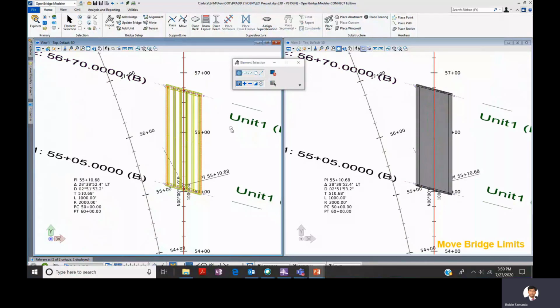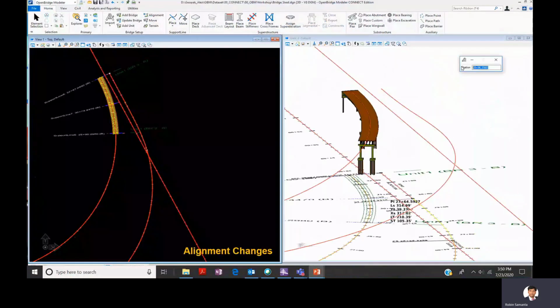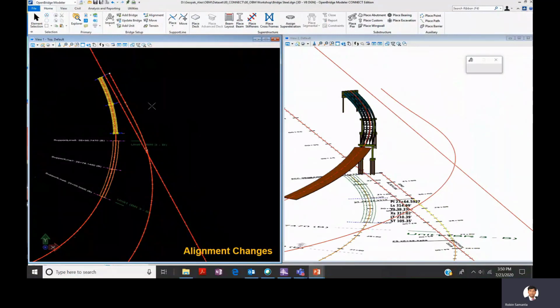In these slides, quickly you can see other possible changes, that is, the alignment change. We obviously face these kinds of issues in a highway infrastructure project; this happens very regularly, that there is a requirement of shifting your bridge in a single alignment. And here you can see that we are moving it by a support line change.